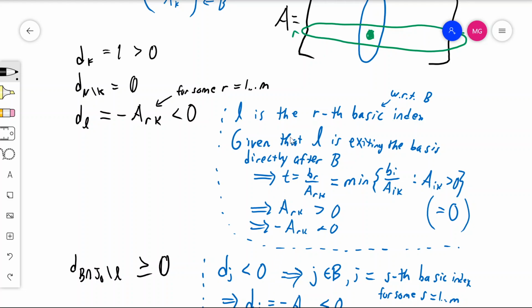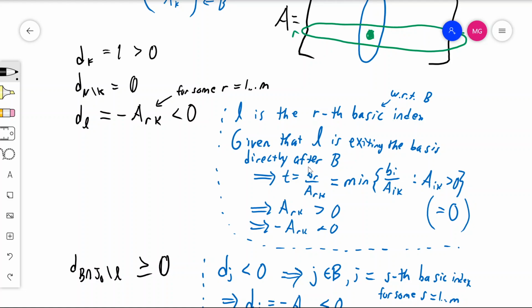Well, that must mean that for that component, that ratio, the amount that we boosted by, which is t, had to be realized at this point, br over ark. So for that entry, because L is the rth basic index, corresponding to this entry here, I had to realize the amount that we boosted by t to be this ratio, which was the minimum of,